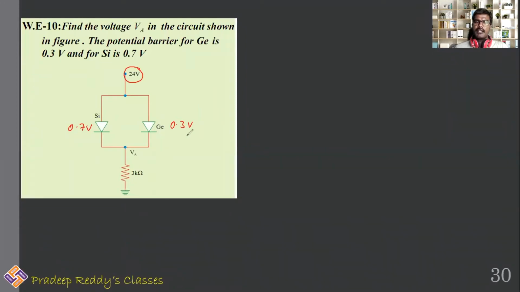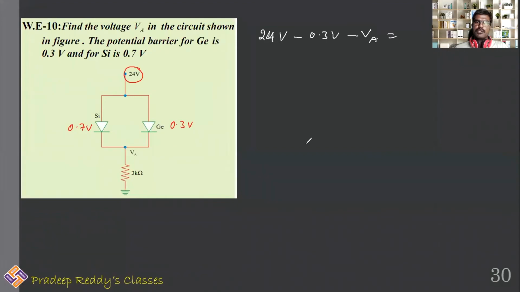Germanium, after conducting at 0.4 volt, like if the applied voltage is greater than 0.4, then germanium acts as a wire. If the germanium is acting as a wire, it just behaves like a conductor, so it is short circuited. And the net voltage VA at this position can be simply written as 24 volt minus 0.3 volt minus